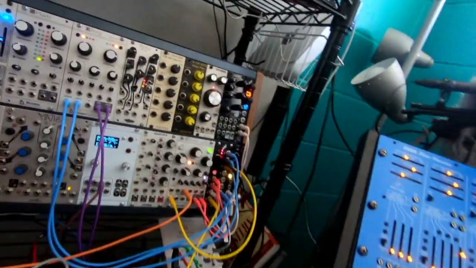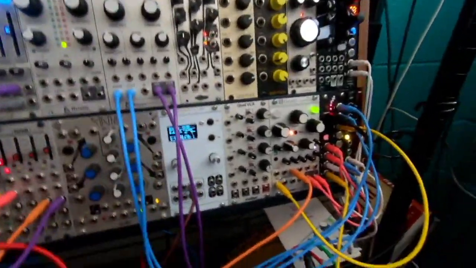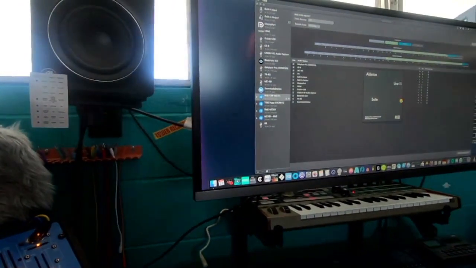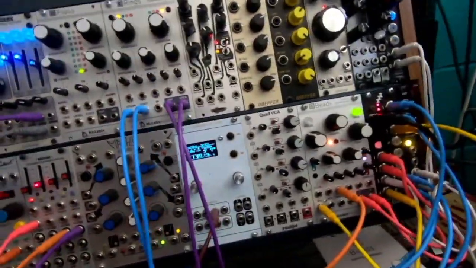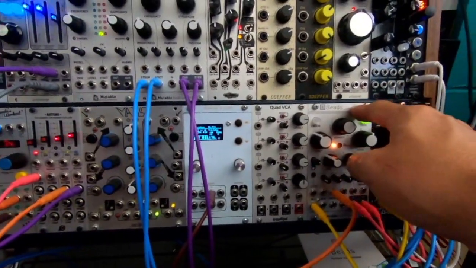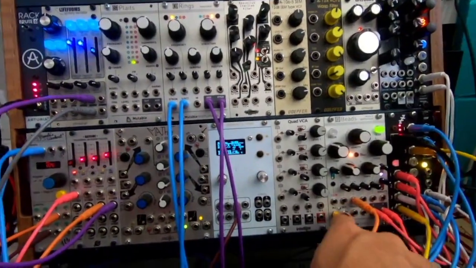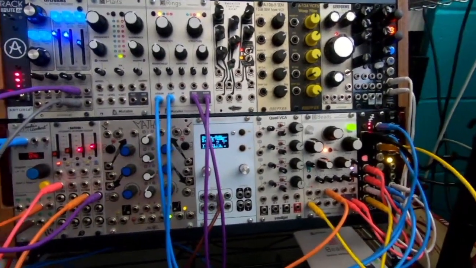Okay, we'll go through this bottom row. And if you had any questions on the chat, feel free to put that in. As you see, I'm wasting time as I wait for Live to restart. Okay, so going from this end, Beads. This is my latest Eurorack module. Love it. I started off every episode with the internal wavetable oscillator, and usually I try to modulate it with